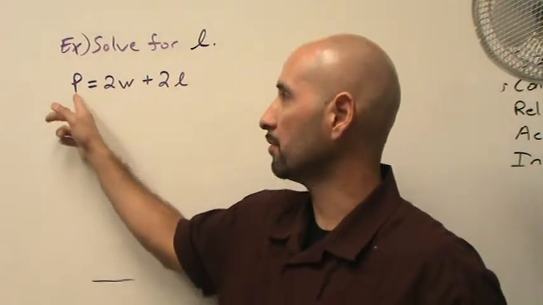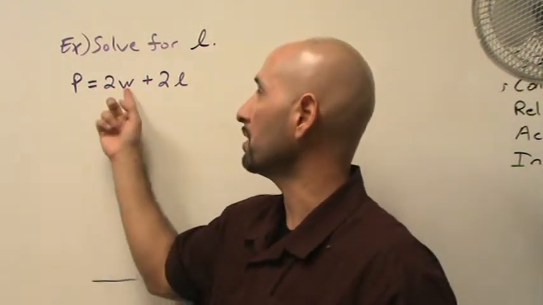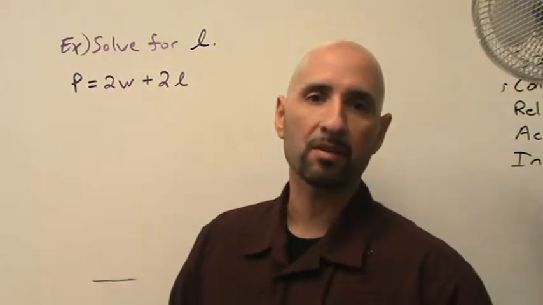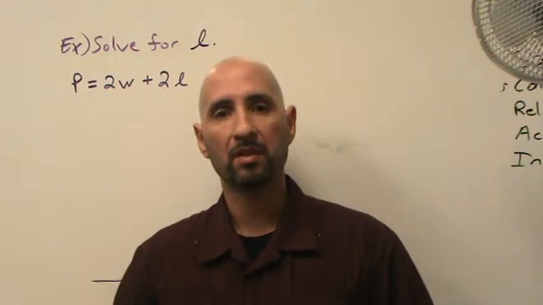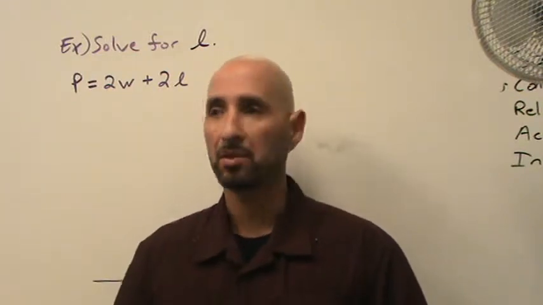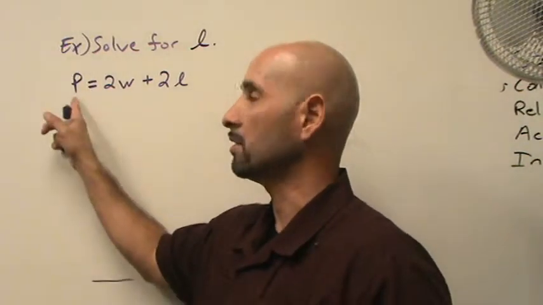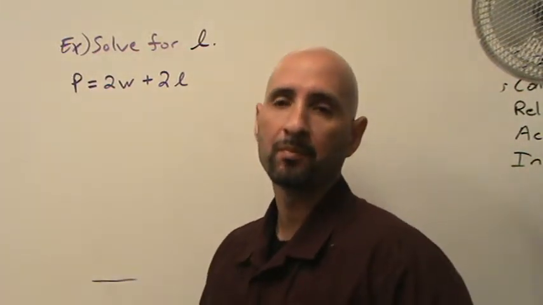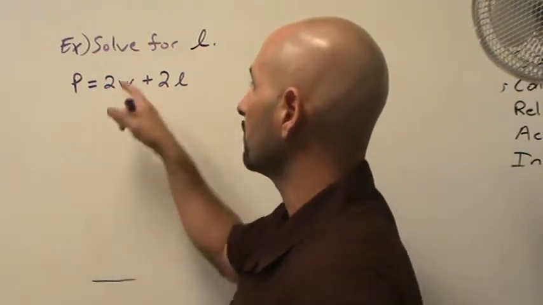P would be the variable that represents the actual perimeter. That's width and length. So of a rectangle, if you can imagine a rectangle, it has two widths and two lengths, and if you calculate the perimeter, you would actually be doing two widths and two lengths, and you could evaluate for a perimeter. So again, here's an equation with three variables, and we want to solve for one of